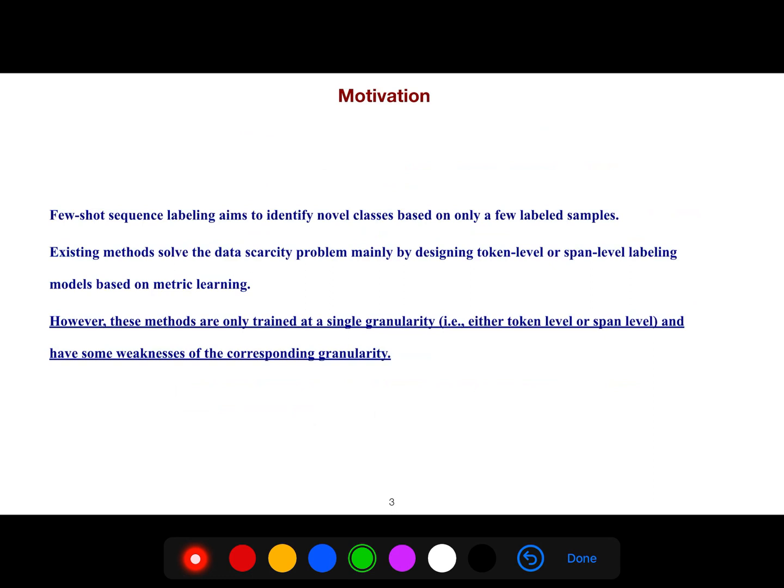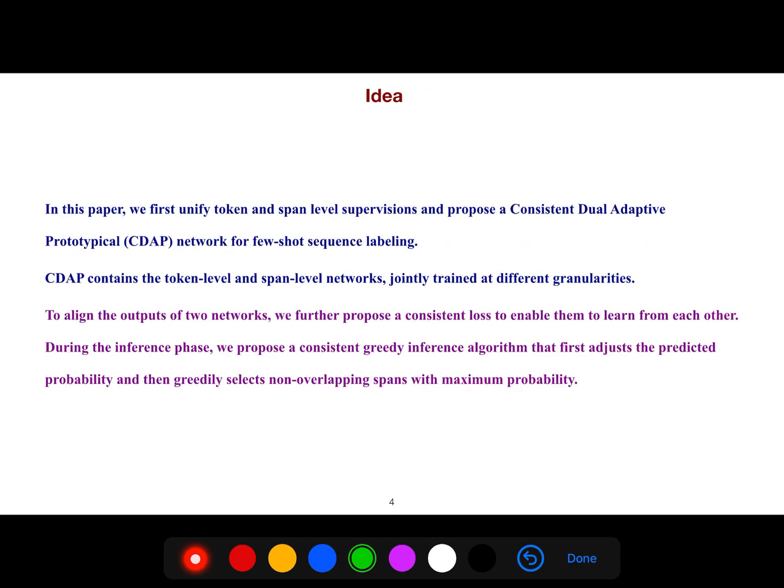Few-shot sequence labeling aims to identify novel classes based on only a few labeled samples. Existing methods solve the data scarcity problem mainly by designing token level or span level labeling models based on metric learning. However, these methods are only trained at a single granularity, either token level or span level, and have some weaknesses of the corresponding granularity. In this paper, they first unify token and span level supervisions and propose a consistent dual adaptive prototypical network for few-shot